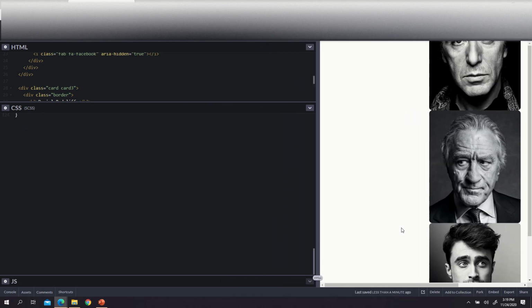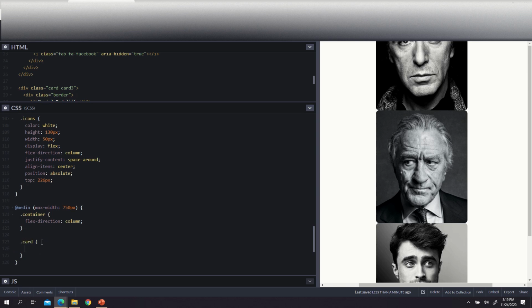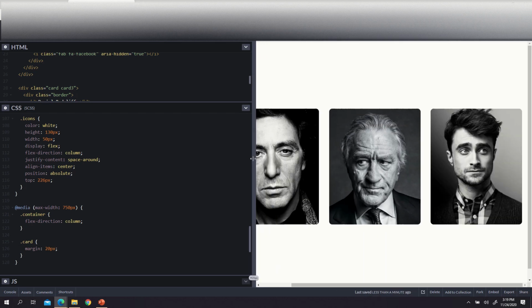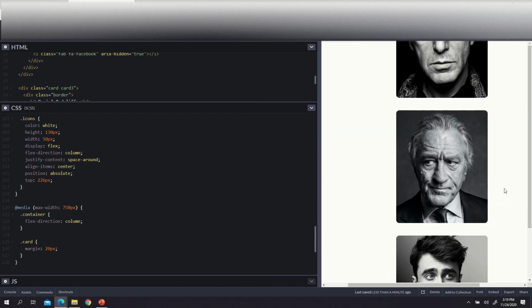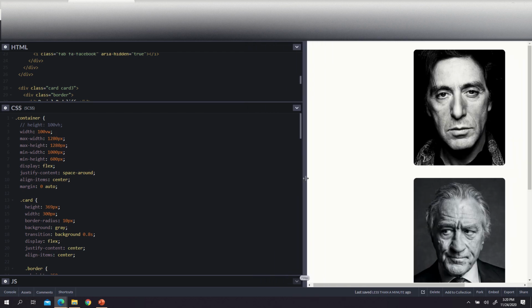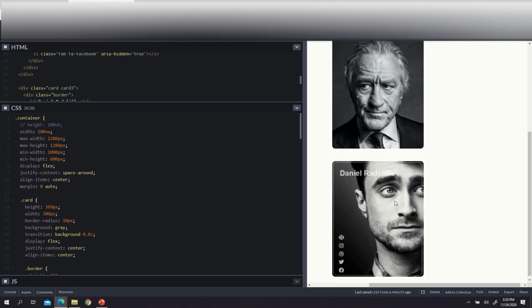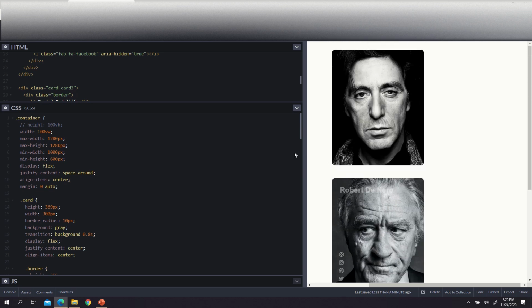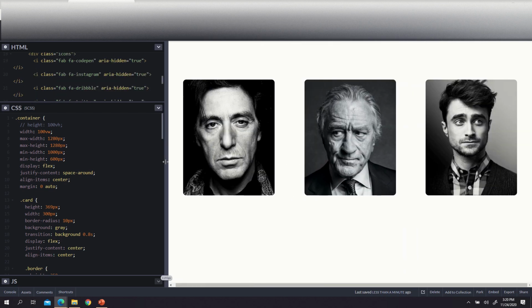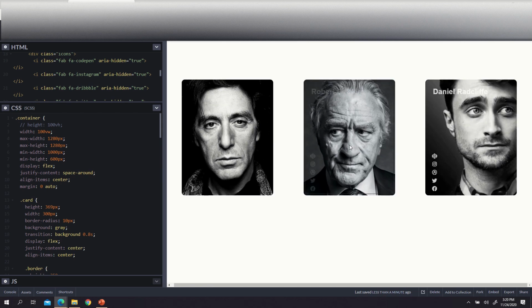There you go. And we can obviously do other stuff, just like card. We can do like a margin of like 20 pixel. That gives us this. So if I just take off the height of 100 view height, you can see that right away it has the same effect, and it is all just going as some sort of responsive. But there you go. This is a cool trick